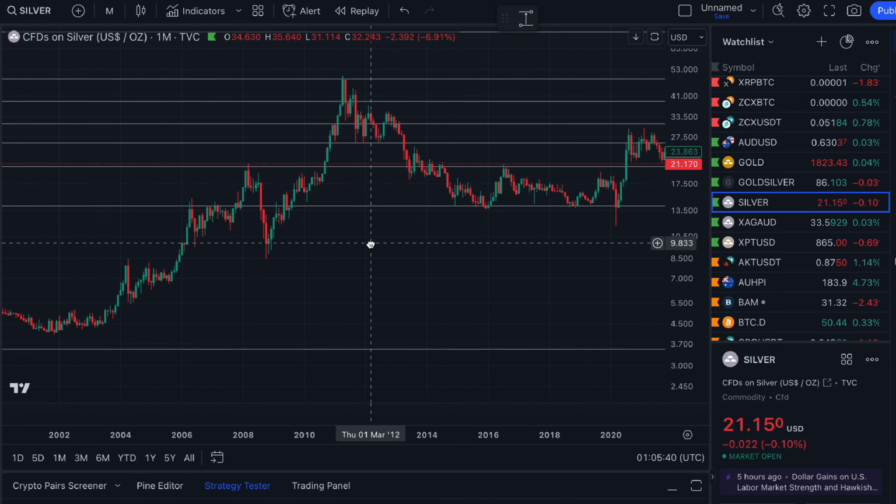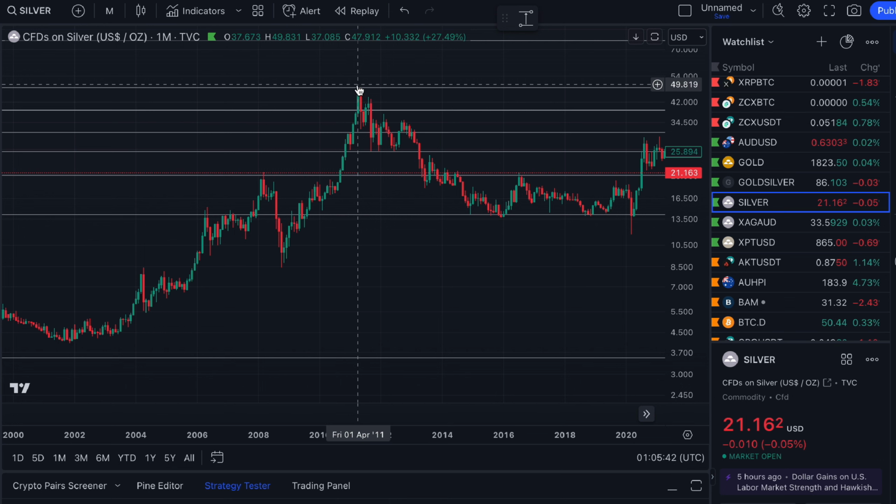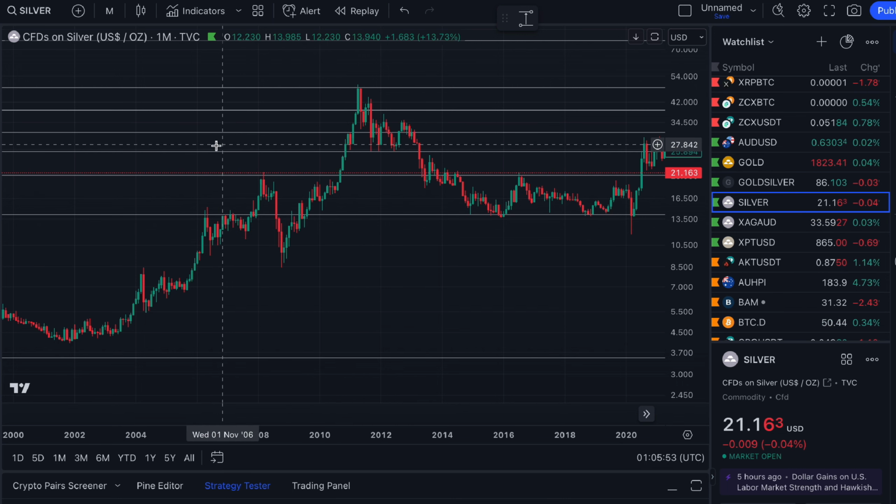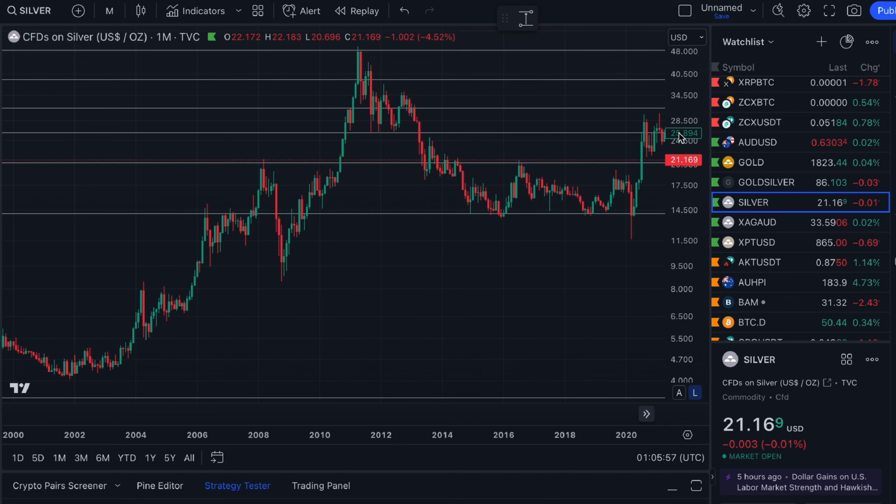On the way up to $50 at the peak in 2011, where did we hit any resistance levels? Yes, so we sailed through that 0.382 level. We actually sailed through the 50% level right here. That's at $26. But interestingly, on a monthly time frame, in January